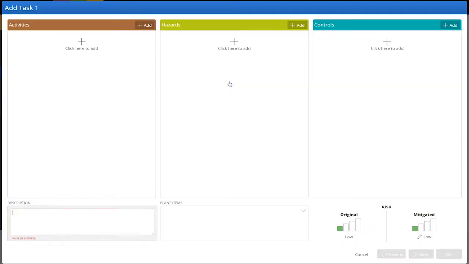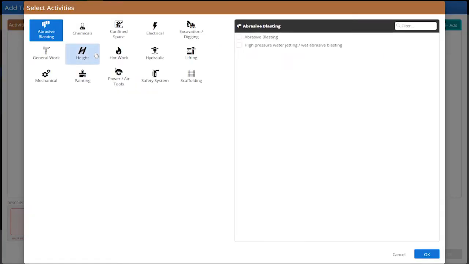We are then taken to the Add Task pop-up that displays the activities, hazards and controls associated with each task. You can select one or more activities for a single task. You can add an activity by selecting either the Add button or the Click Here to Add message inside the white box. When you select Add, it will take you to the Select Activities screen, where you can see a